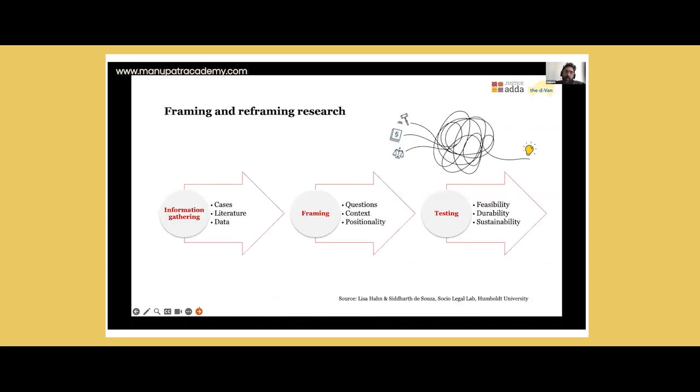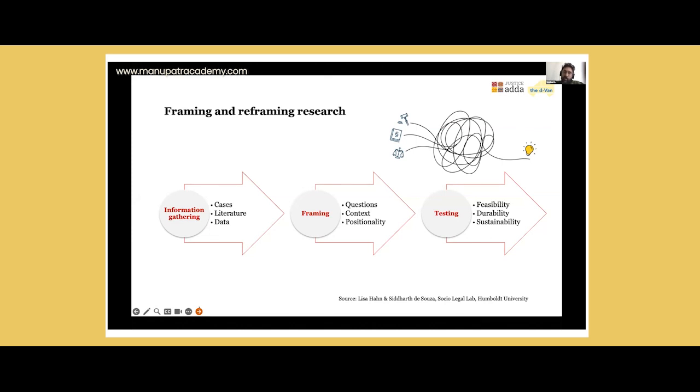In our research, one of the things that we do, and for those of you who are studying, is think about the ways in which we can approach legal design from a research perspective. We look at it from three perspectives. Firstly, it is important to gather as much information as possible about the context and the problem that you are solving. This means that you need to examine both the lived realities, but also what experts and contemporaries within that field are saying about a particular problem.